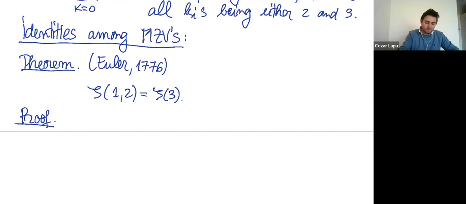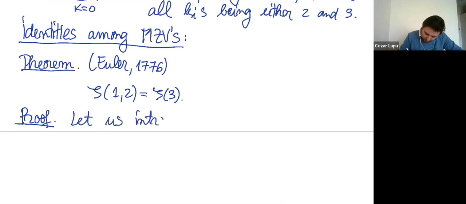But I want to prove it in a fancy way. I'm not going to prove it the way Euler did it. Euler did it in a very tricky way. He considered a sum and evaluated it in one way, and you get the result. Then he evaluated the sum in another way, you get zeta of 3, and then you equate the two. All right, so let us introduce